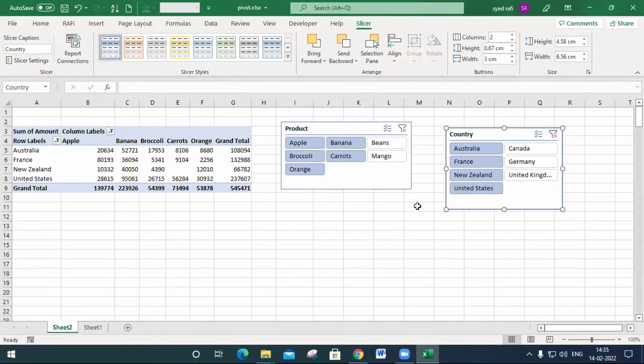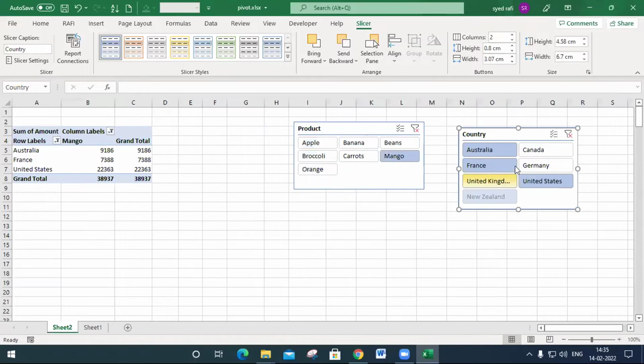Okay. So if you want to select multiple items, you press the control key. This is the slicer, and also you may mention the height and width here. By changing height and width, you may change like this. This width is for button. This width indicates the outside of this one. Now it will be looks like the slicer will be like this.